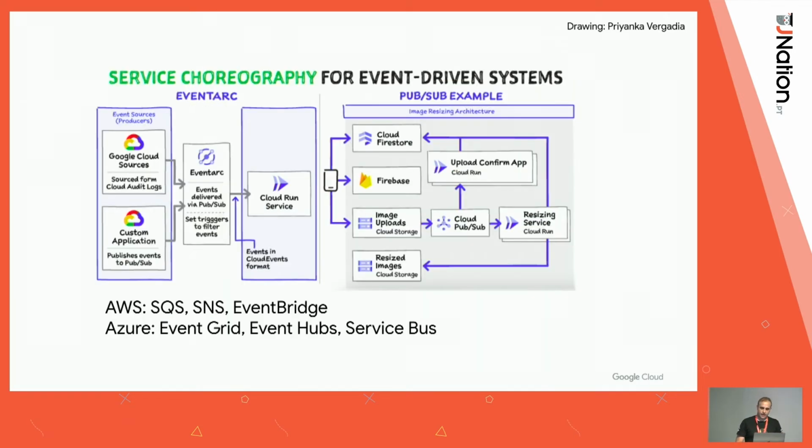And when you look at cloud services, on Google Cloud, there's Eventarc and Pub/Sub for event-driven architectures. On AWS, there's SNS and EventBridge. On Azure, there's Event Grid and Event Hubs. So there are a lot of options here. So pick and choose, depending on where you're running. Pick and choose the service that's available to you.